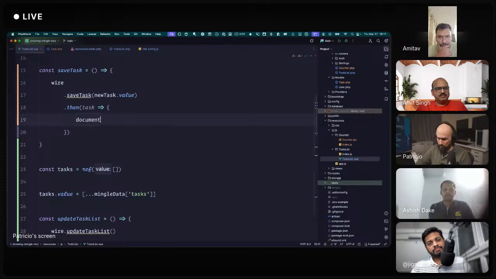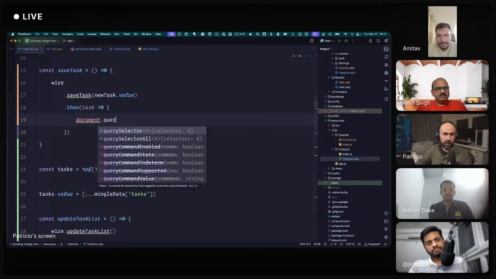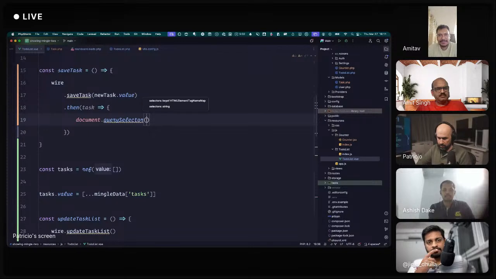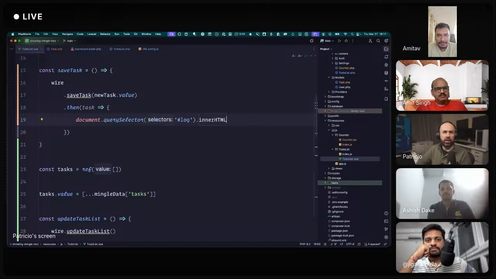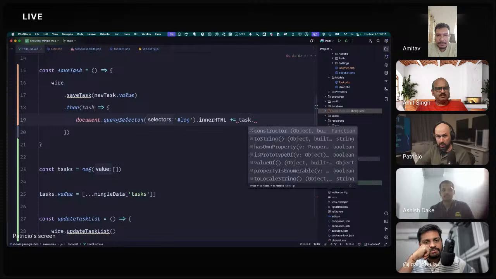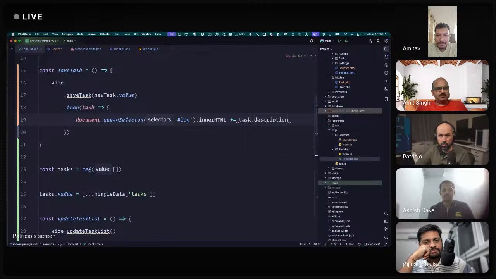So document query selector, take that inner HTML, or inner text as well. It's the same, right? If I put a string, it will be inner text, right? Plus equals task dot description.